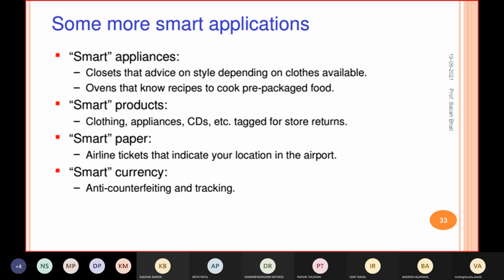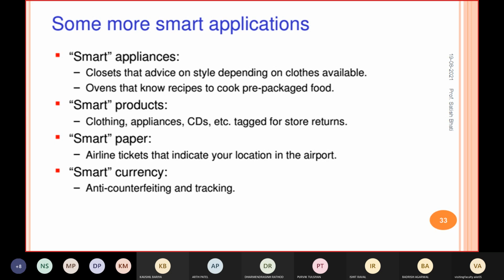Then smart paper. At the airport you will find this problem: once somebody creates the boarding pass, they move around in the airport and do not reach the flight on time, right? So they are continuously announcing that this person should kindly come to that flight, right?